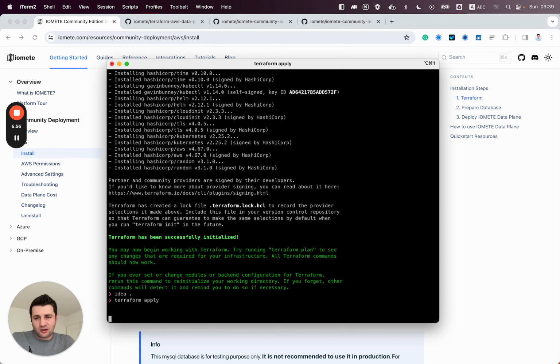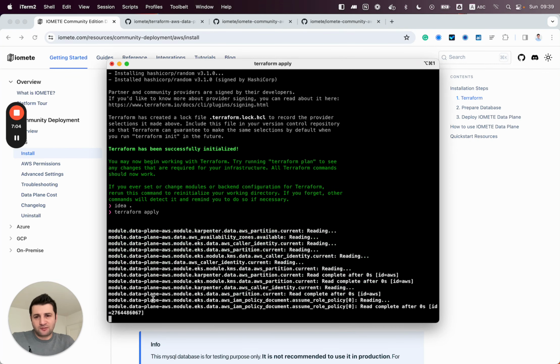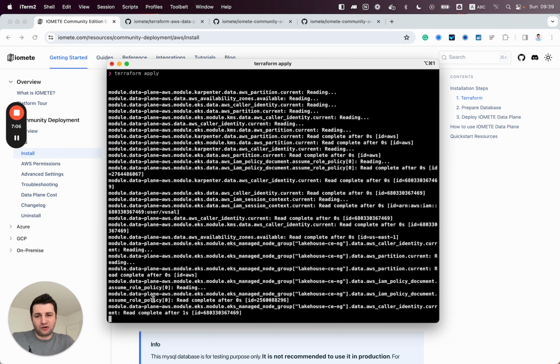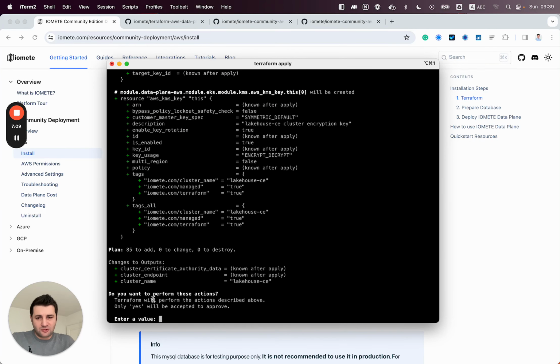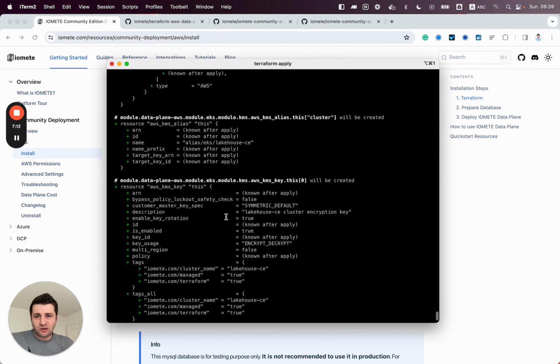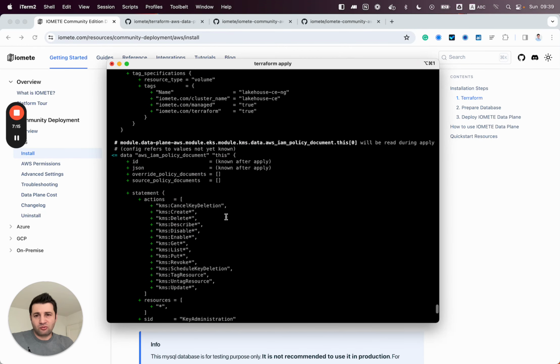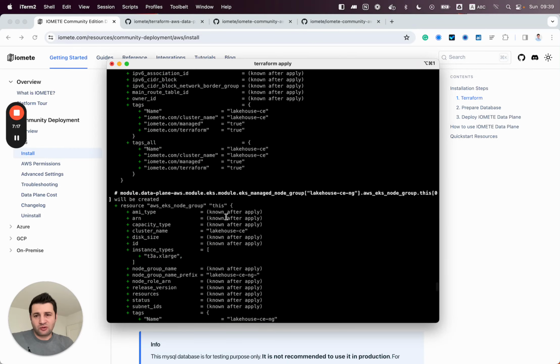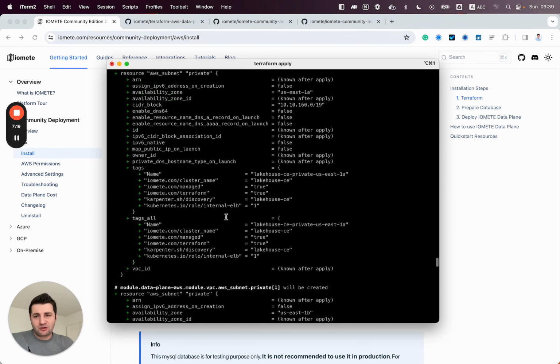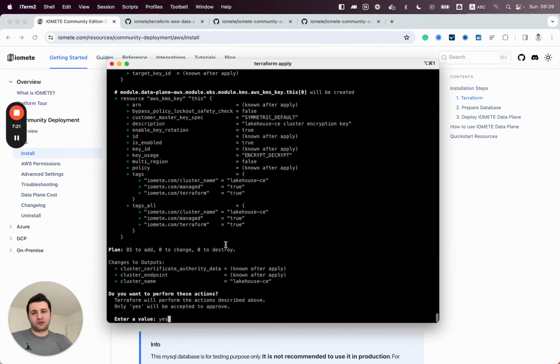Again, as we mentioned, it will take about 15-20 minutes, depending on how AWS will respond. By the way, it first shows me the plan and which resources it will create. It shows all the resources. We say yes.